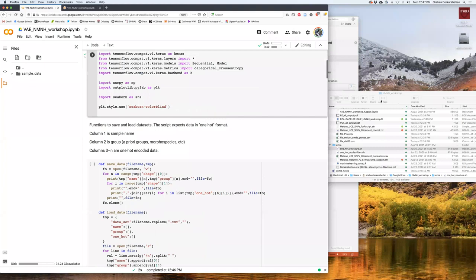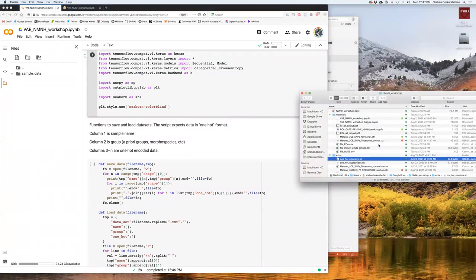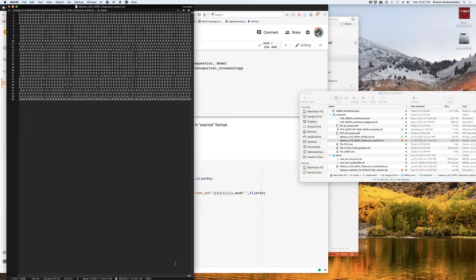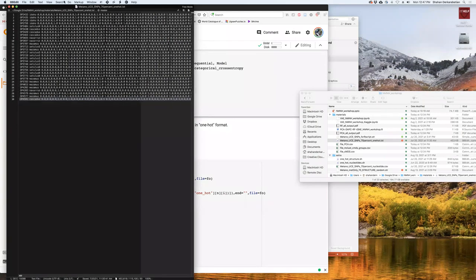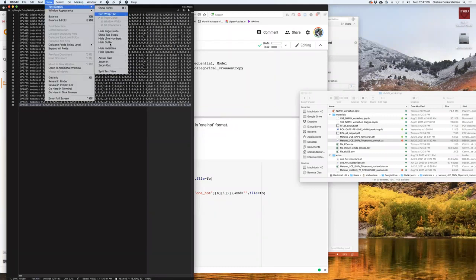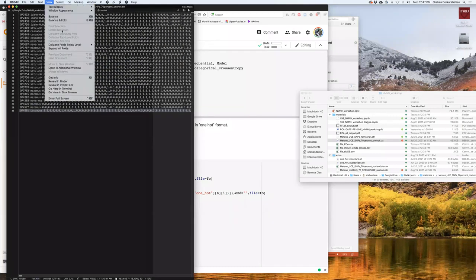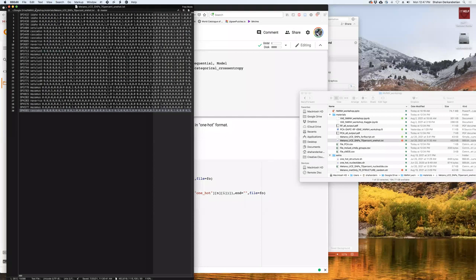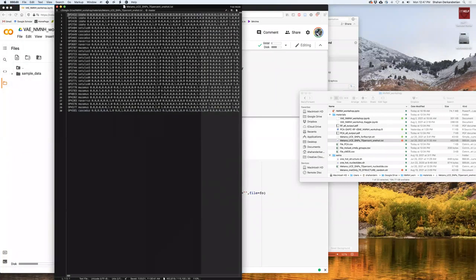Okay, so let me show you one hot format really quick. So this is one hot. First column is sample name. Second column is species or a priori grouping. Columns are separated by spaces.